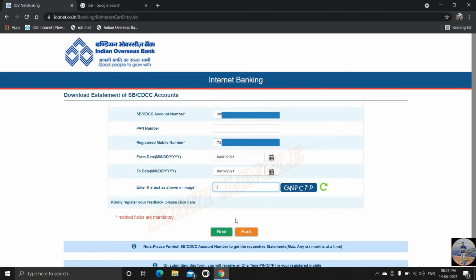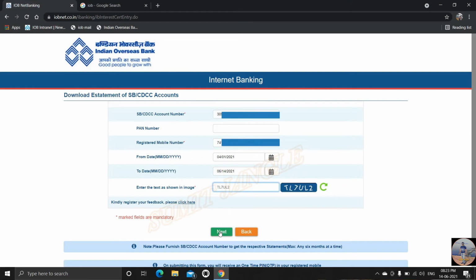After that, we have to fill this CAPTCHA. Check the image properly and then only start filling the CAPTCHA. Do not press backspace as I mentioned earlier. If the CAPTCHA is not clear, you can simply refresh and keep refreshing until you are sure what is being shown there. So let us feed this CAPTCHA here and then click on next.